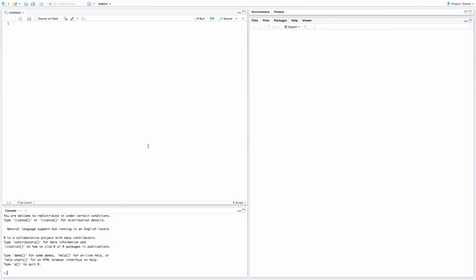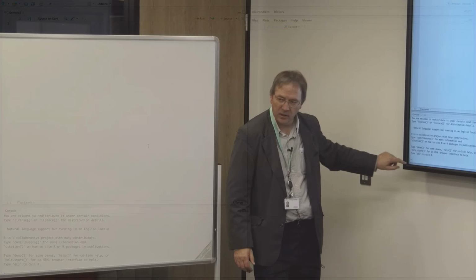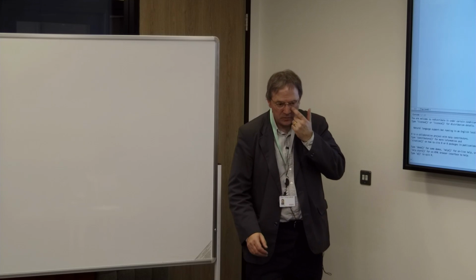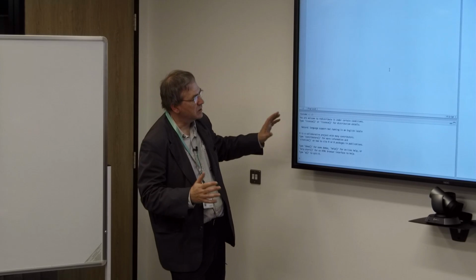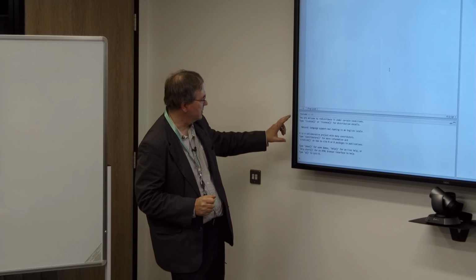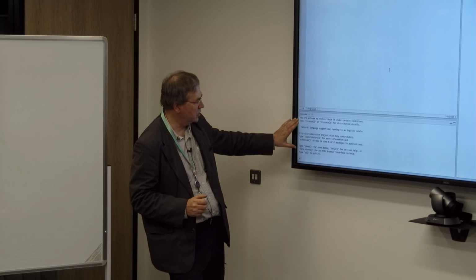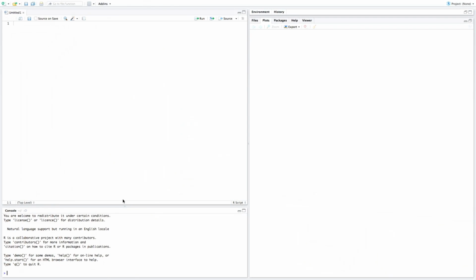So in RStudio, unlike the regular R download, which gives you a console window, a window with an R prompt where you type the R commands, what RStudio does, I think very successfully, is give you a set of multiple panels all within the same application, which enables you to do things that are quite tightly connected. So, for example, you've still got your console window. You can drag all these windows around and so on.